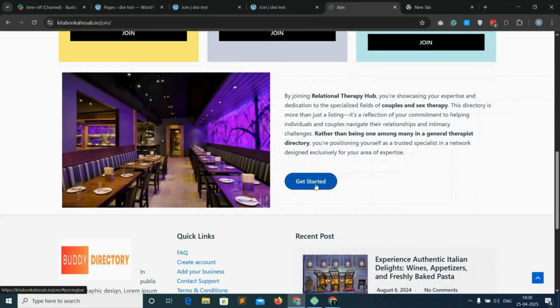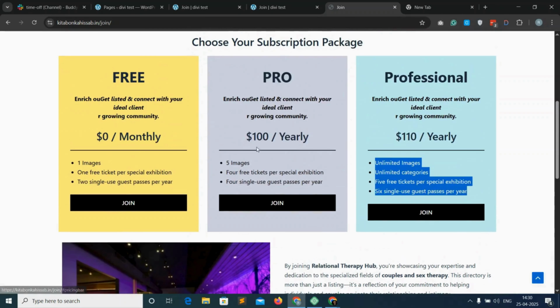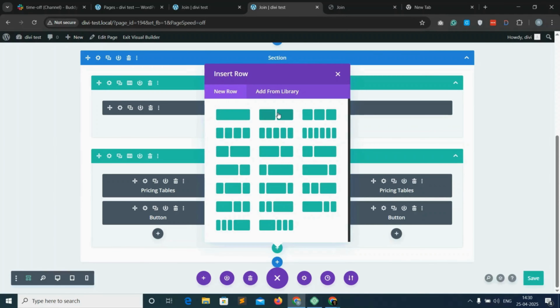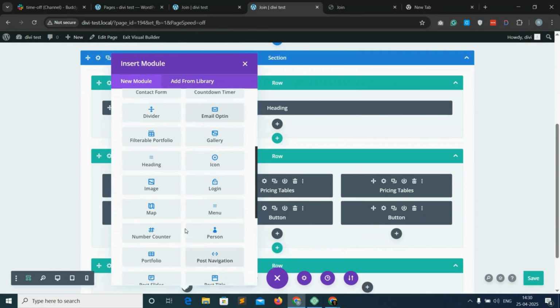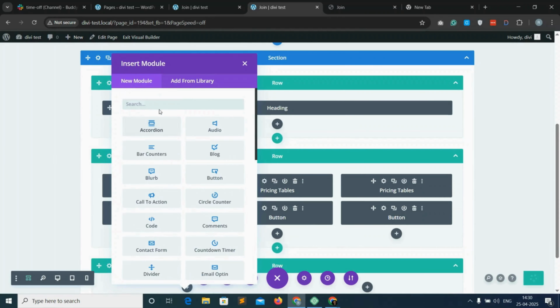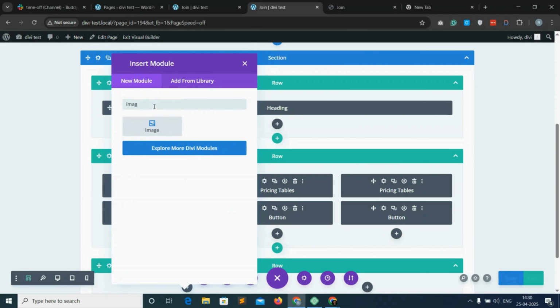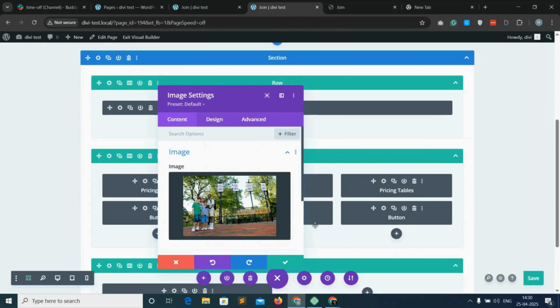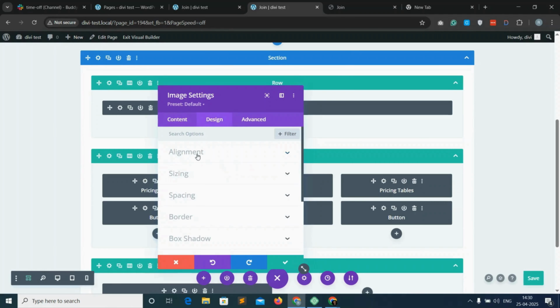So on clicking this it will be scrolled to packages. So coming to the wireframe view and then clicking on the plus icon and then taking a 2-column row. Left will be for image, then choosing an image, then clicking on add image, then coming on to design,